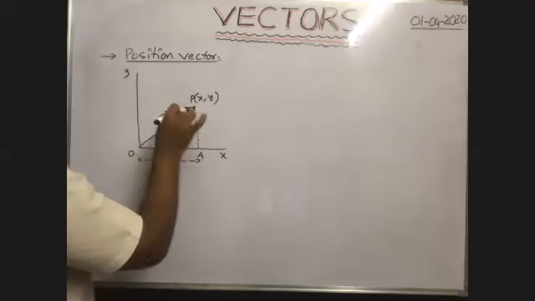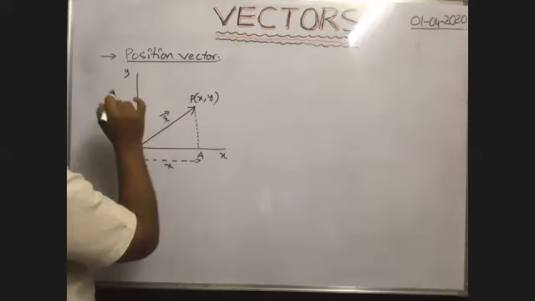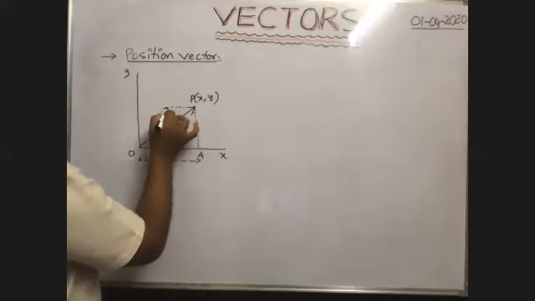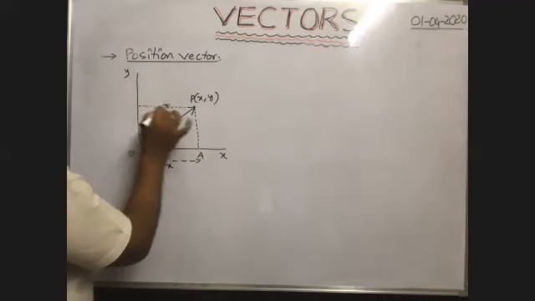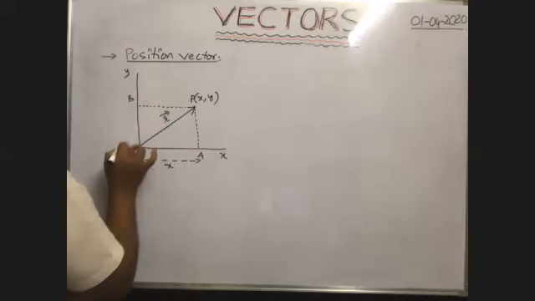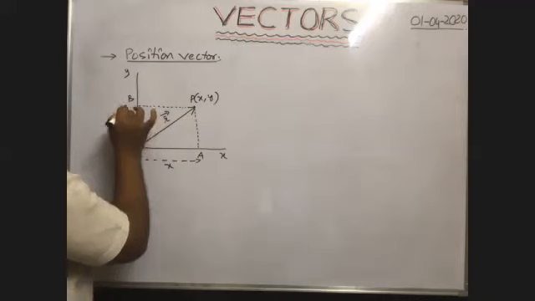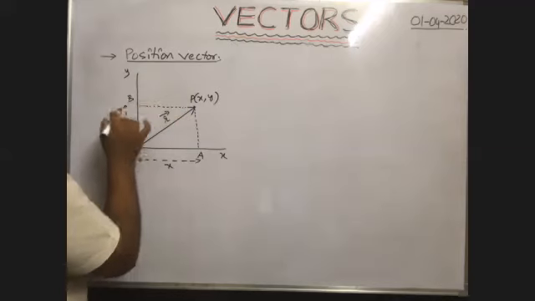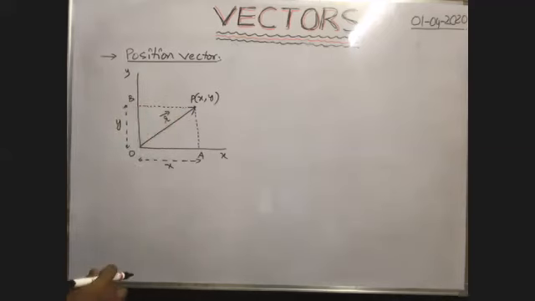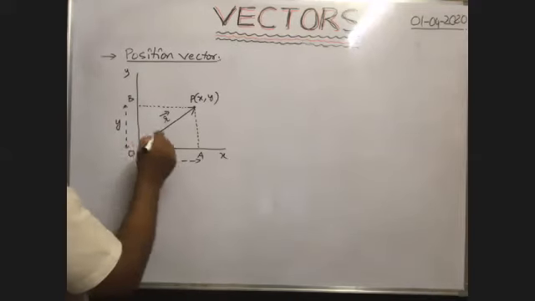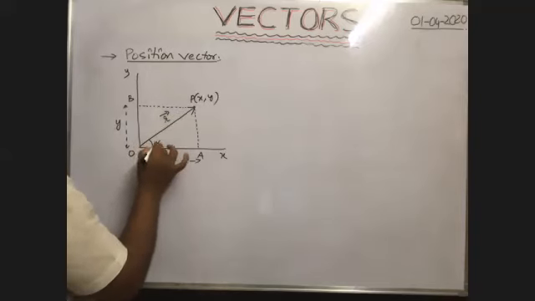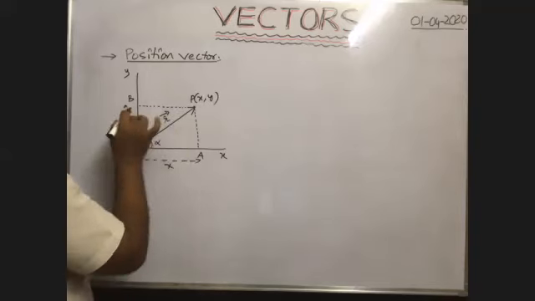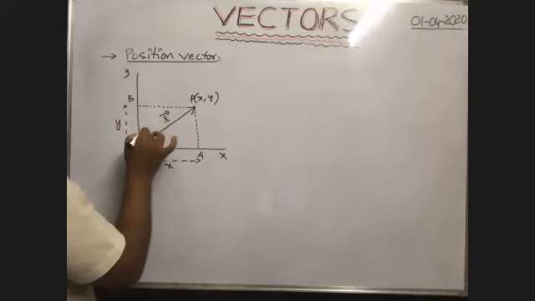Similarly, at what distance this point lies along y-axis? In order to know that, you draw a perpendicular line onto y-axis. Okay, suppose this perpendicular line intersects the y-axis at B, say, then this distance OB is the displacement of this particle along y-axis, which is called the y component of the position vector. Okay, here, suppose the angle made by this position vector with positive x-axis is say alpha. Angle made by this vector with positive y-axis is say beta.